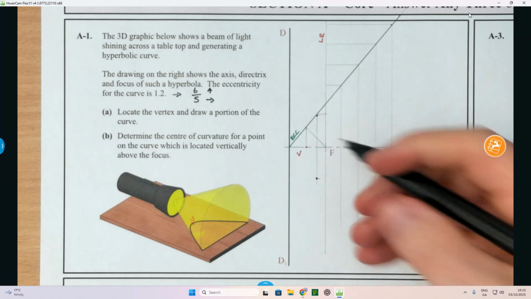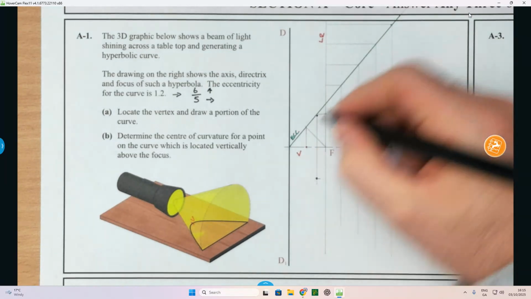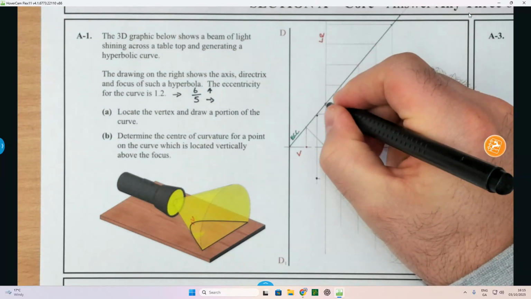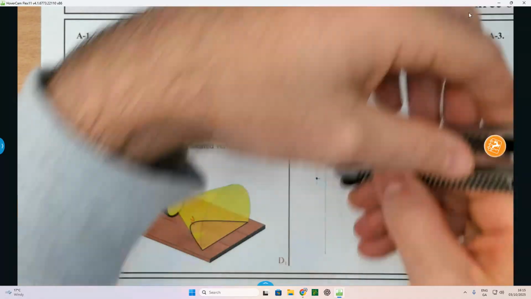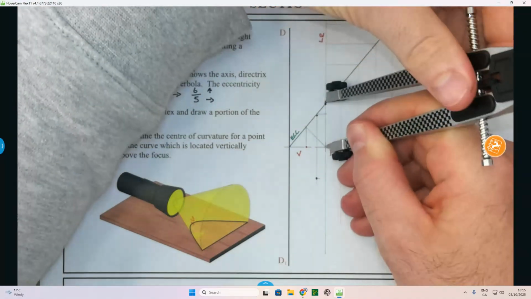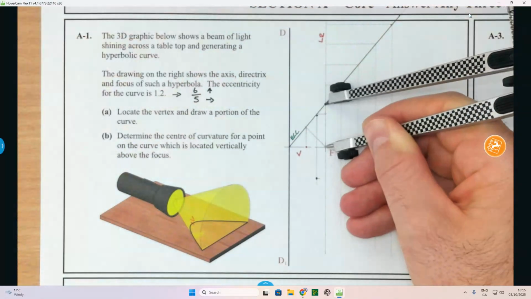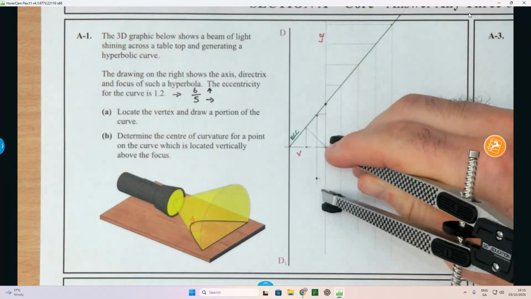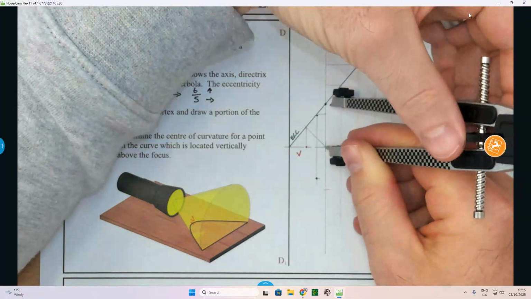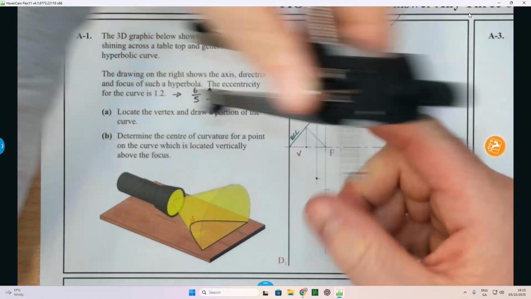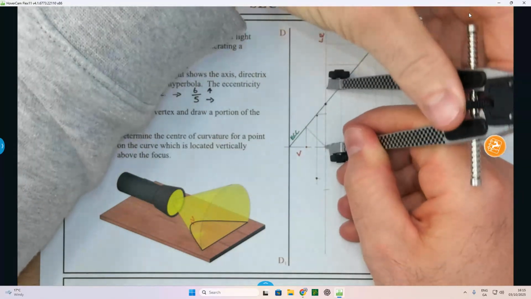Now, there will always be a point where the latus rectum intersects the line of eccentricity. That's always going to be a point right there on the hyperbolic curve, but I need to find it on the opposite side, so I'll take that distance on the compass. I'm going to mark it down the opposite side. Now I'm going to track it up using the next ordinate, so from the focus up to here,